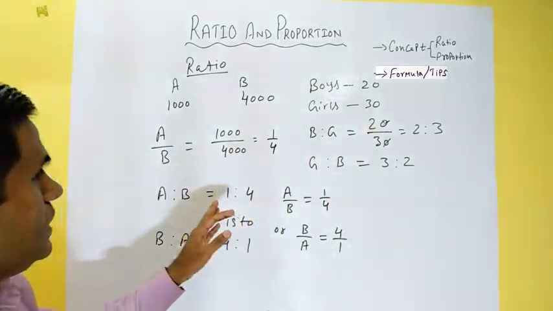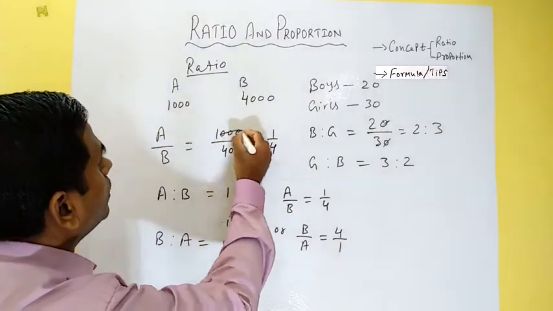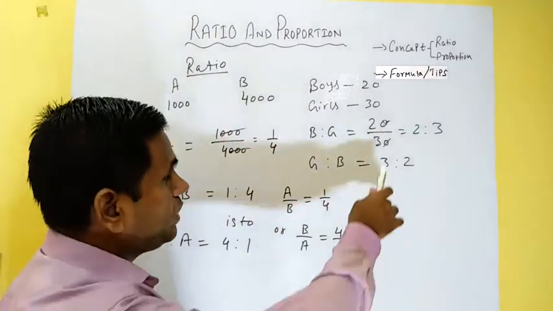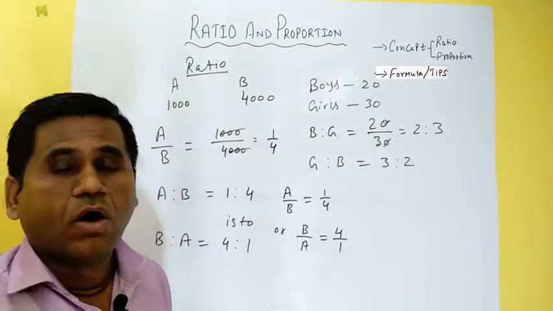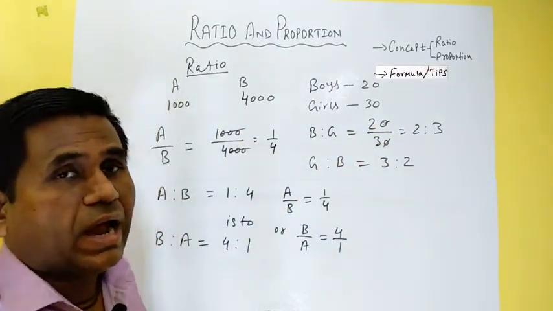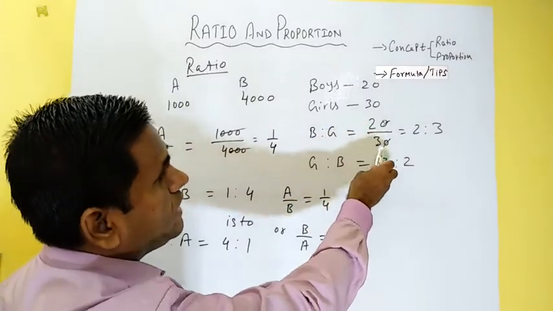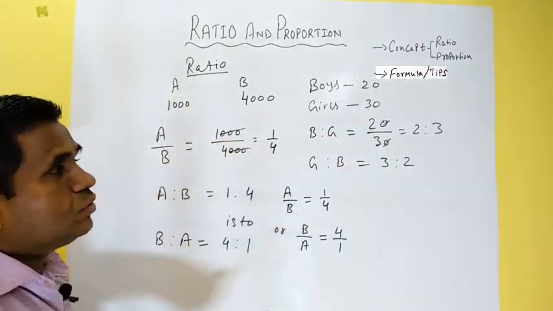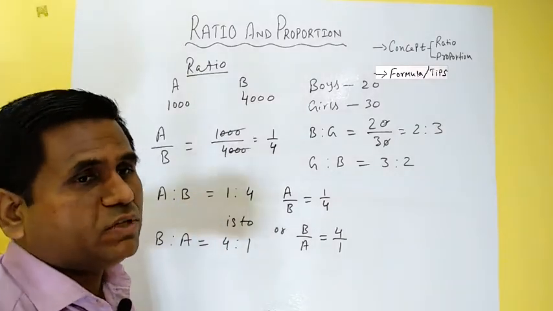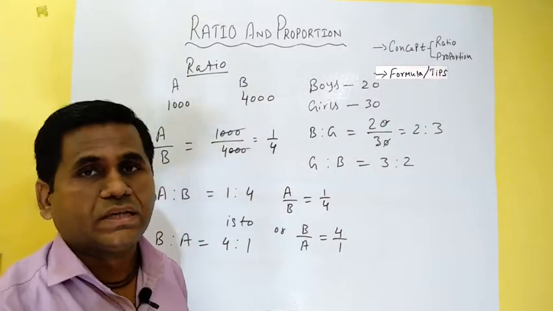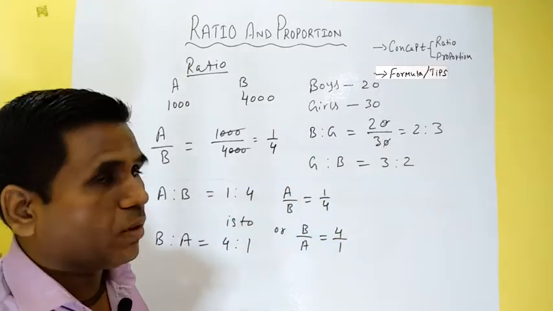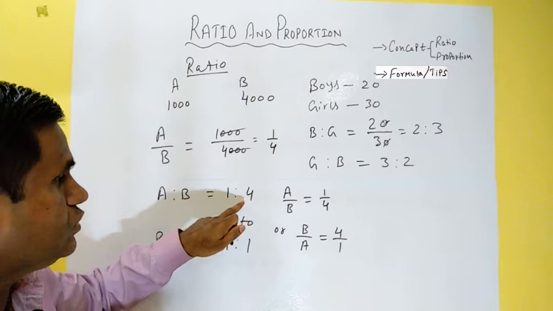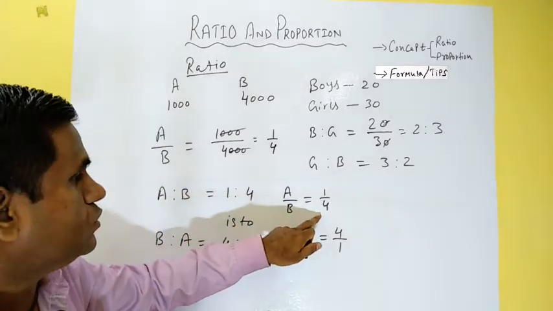In both the examples, if you notice here, we have cancelled 0. Here also we have cancelled a factor from both the numbers, and the factor is same, right? Here we have cancelled 10 and here we have cancelled 1000. So the factor is same. So while solving the problem, we assume the unknown factor as x and then we solve the problem. So this is the concept of ratio. We write it in the is to form or in the fractional form also.